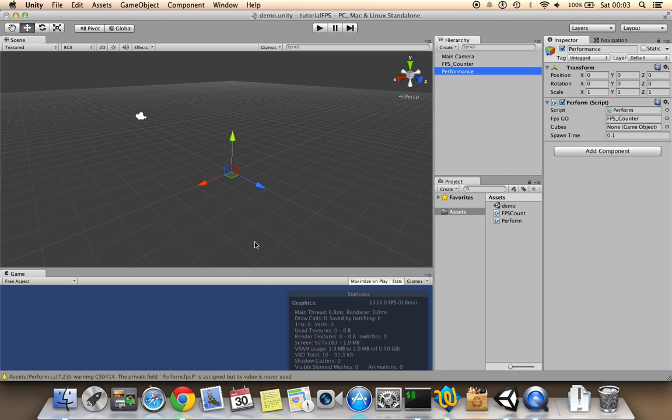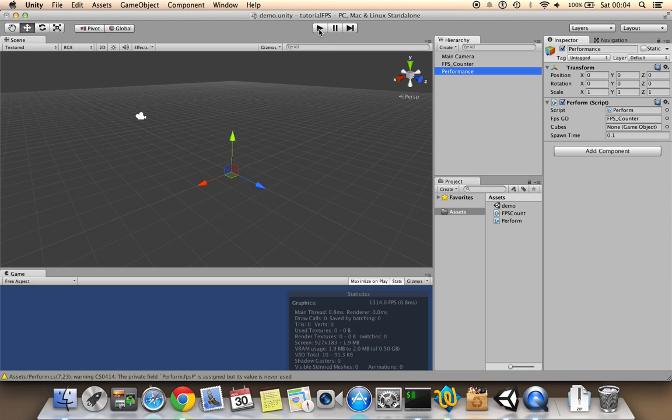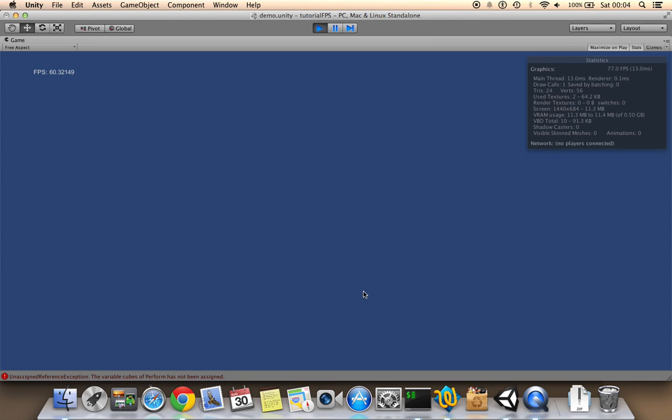Okay, so it should bring cubes onto my scene at performance, so they should appear here every 0.1 second, and I see nothing